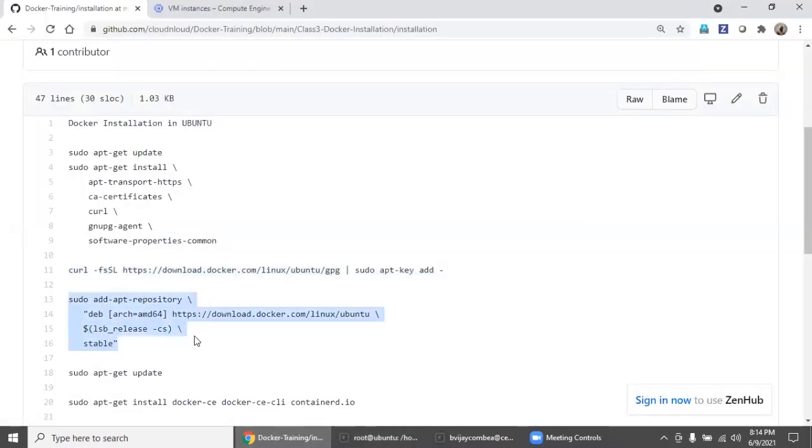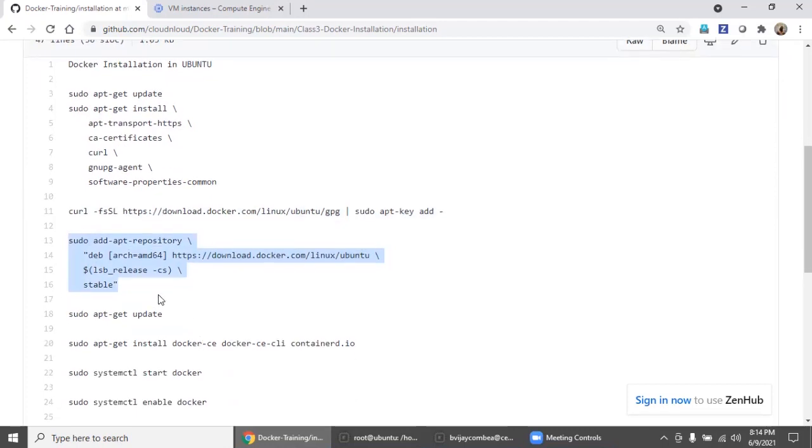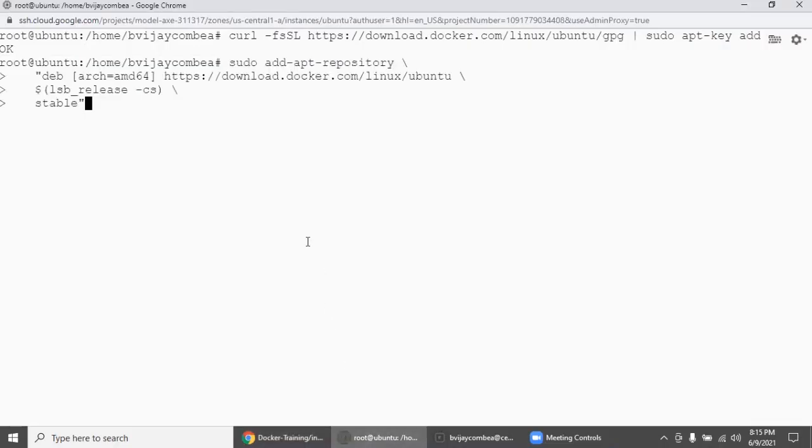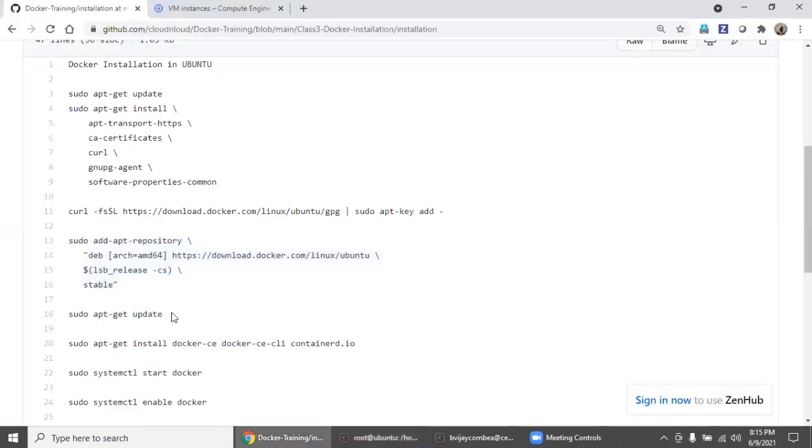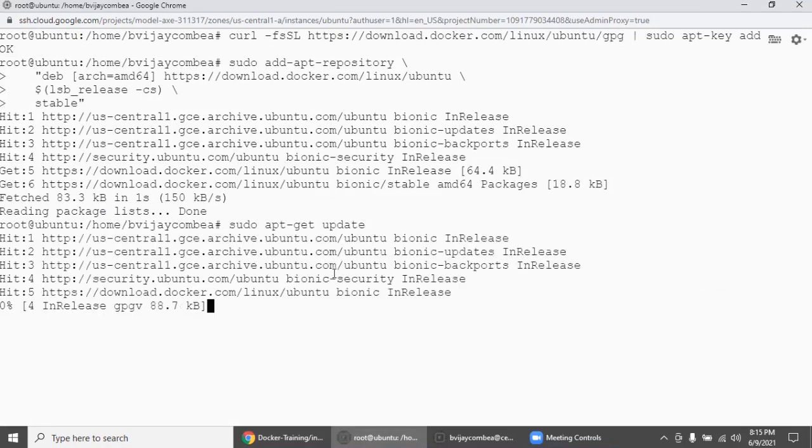Now the machine doesn't know where to install from, because if you don't add the repository and directly try to install this, then the system doesn't know where to pull the software from. So you need to educate the machine where the actual Docker software repository is located. So we are adding the repo. Yes, added. Now, again, it's a best practice to run apt update to refresh, so that the new repository also gets refreshed.